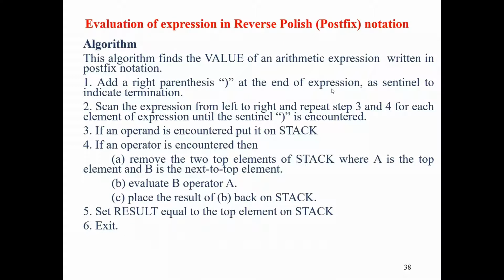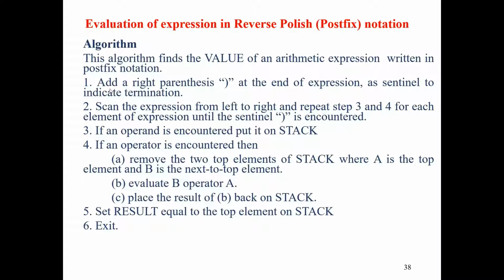In this algorithm, we will feel it is somewhat similar, but it is easier than the conversion from infix to the postfix expression. This algorithm is used to find the expression value, that is, we will be solving or evaluating an arithmetic expression to get a final result, right? So this algorithm is used to find the final value of an arithmetic expression which is written in postfix notation. So what is the first step?